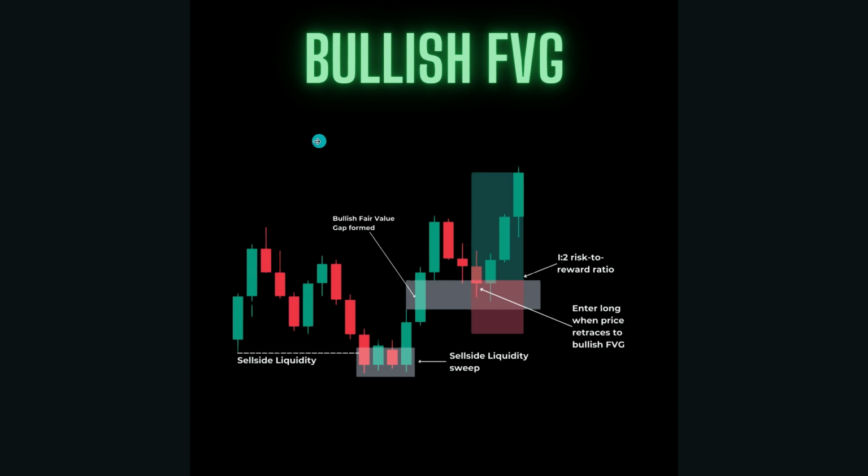Okay, because let's say there's another level up here, but this is actually your first one. Just wanted to throw that in there, that on this example, this would probably be a better take profit for your first one. Since it could be a double top up here, it could retrace all the way back down and stop you out. But if you take your first TP here and move to break even, that's still a pretty good move right in here.